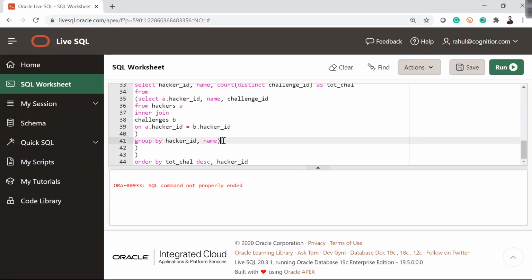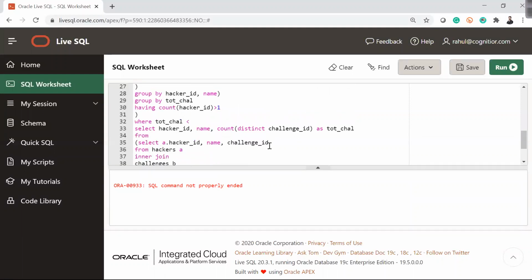Starting here, this bracket, total chal greater than, here I will write one bracket.